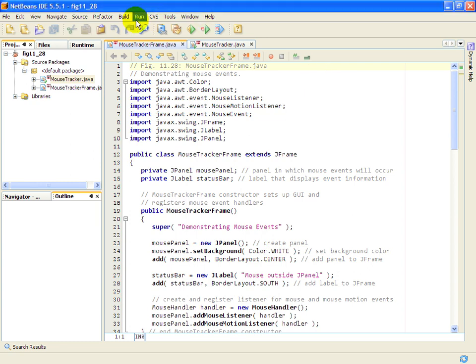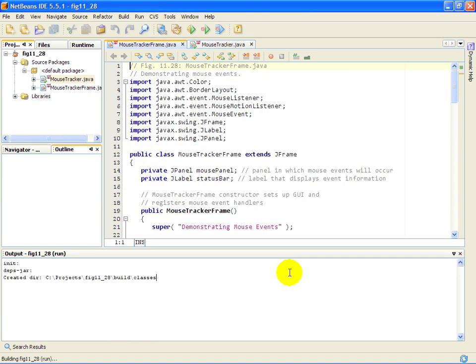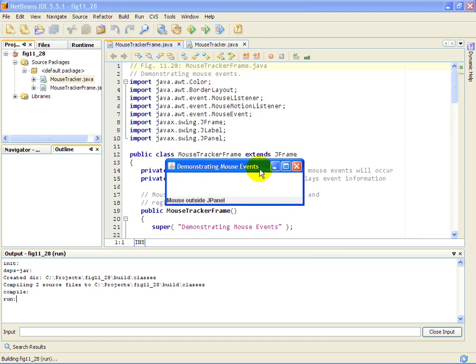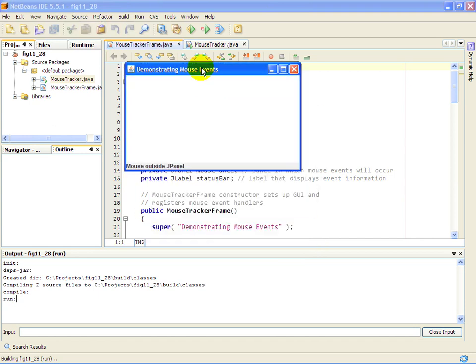Now, to show you the basic functionality, first I'm going to go ahead and run this application. And when it comes up, we're going to be able to demonstrate 7 different mouse events to you. And I'm actually just going to go ahead and stretch this window a little bit here. So first of all, at the moment we see in this JLabel at the bottom of the window that the mouse is outside the JPanel. The white area in this window is a JPanel object on which I have registered to track various mouse